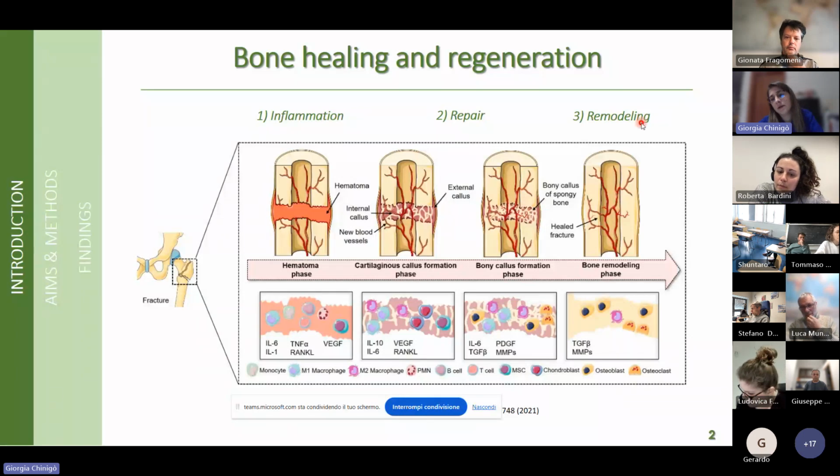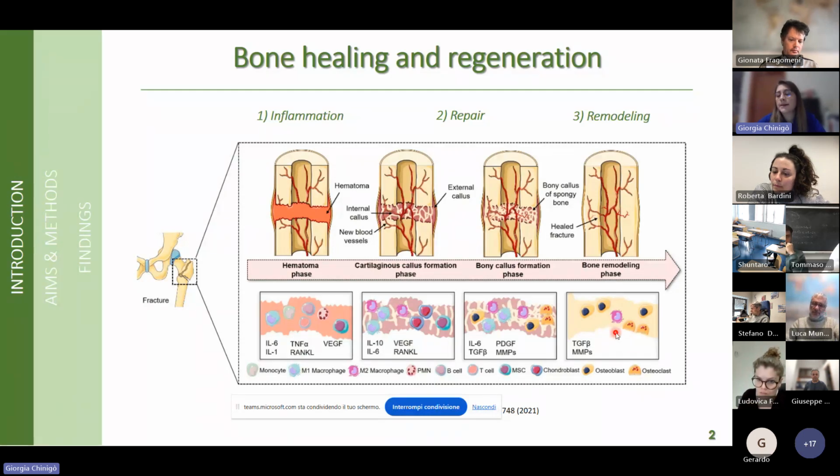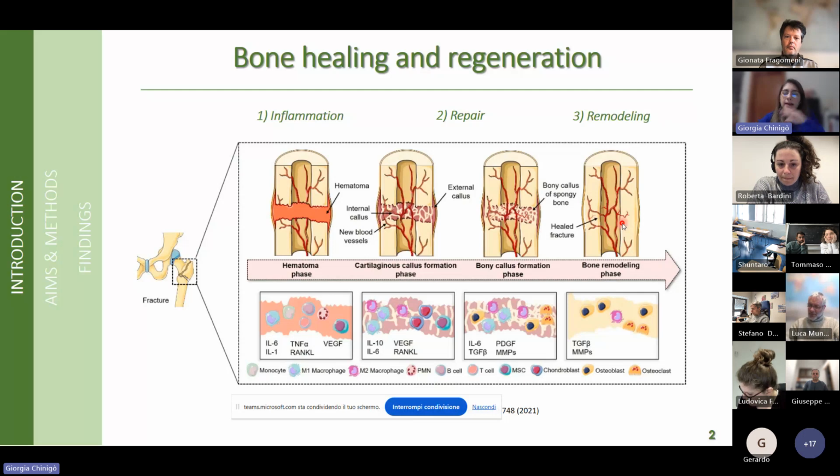In the third phase, the remodeling phase, as you can see there, we have the osteodifferentiation of osteoblasts that start to proliferate and osteodifferentiate, as well as the activity of osteoclasts, so the establishment of the balance between bone resorption and bone deposition. Concomitantly, as you can see there, angiogenesis, that is the formation of new blood vessels, occurs in order to well vascularize the new tissue. So bone has a great self-renewal potential, but however, when the fracture exceeds a site's boundary,